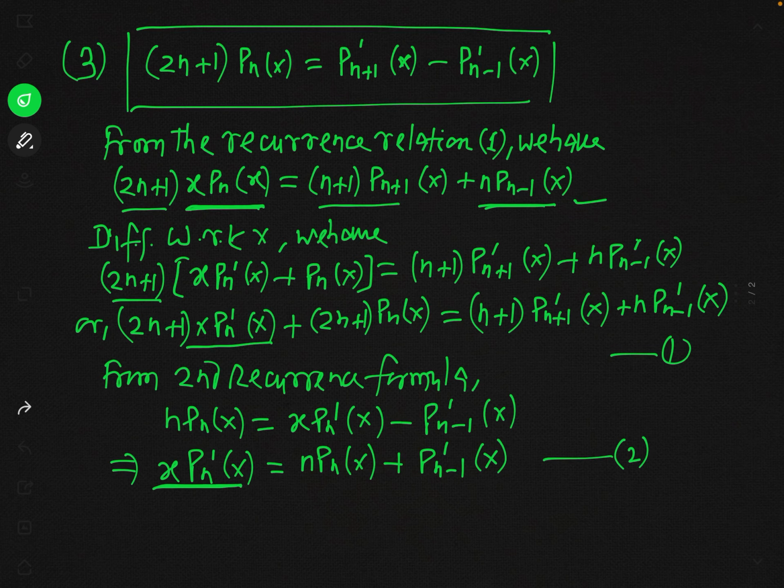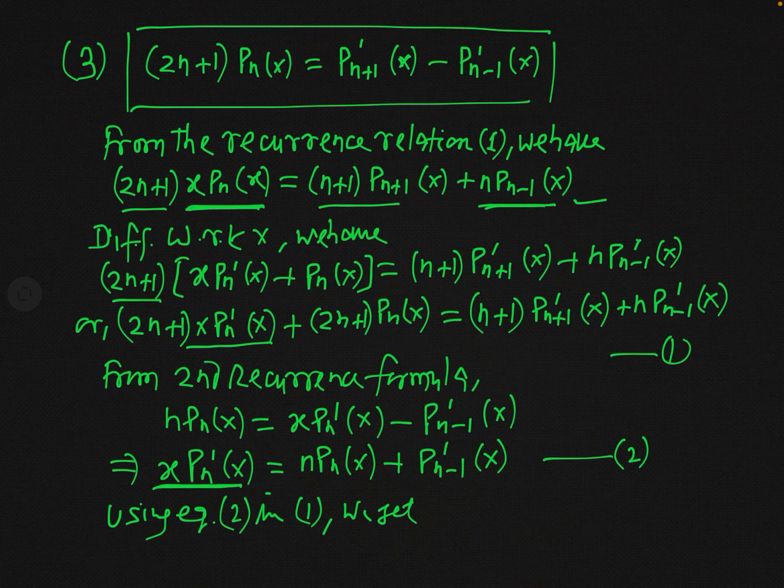So using equation 2 in 1, we get, what will be our result. You can see actually we will substitute this value of x into Pn prime of x in this first term. So you can see what will be the result. In fact, after substituting that value, our result will be